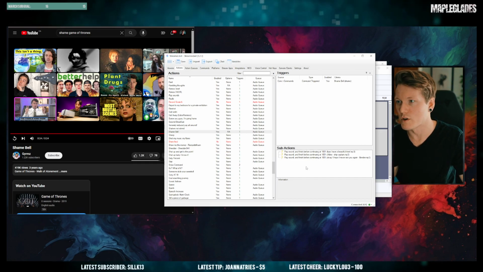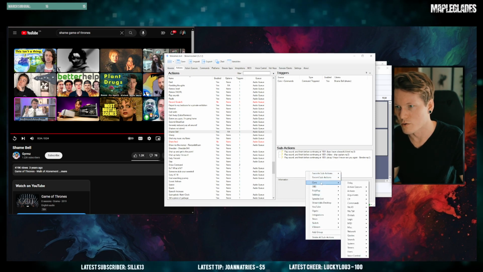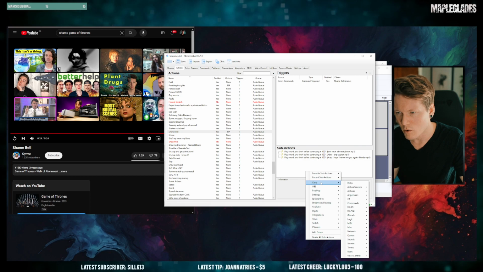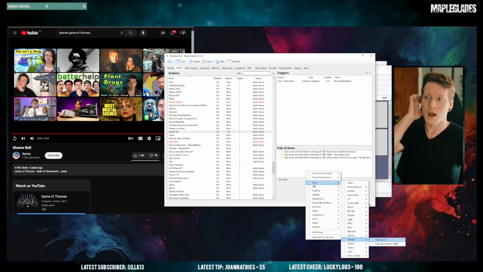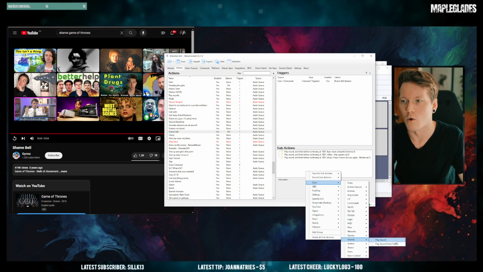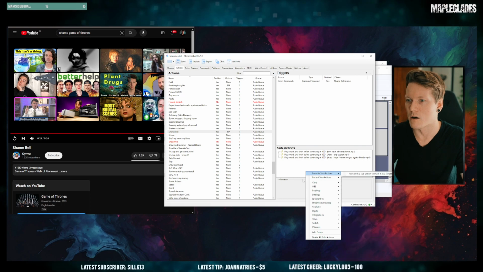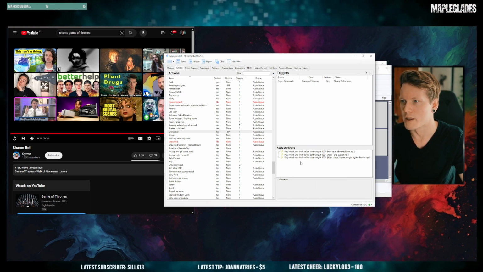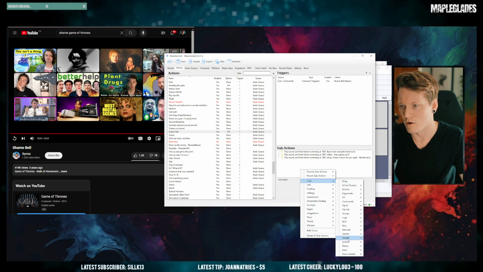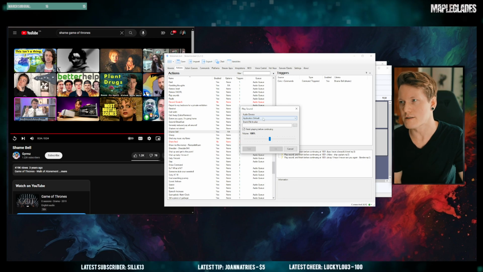Sub actions. So what you're going to do, you're going to go right click. You're going to go to core. I believe it's core sounds, play sound. So yeah, your sub action is going to be the core sounds, play sound. You can do play sound from folder, but I don't do that personally. But then you just, so if I go to core and I go to sounds and I go to play sound, your audio device,